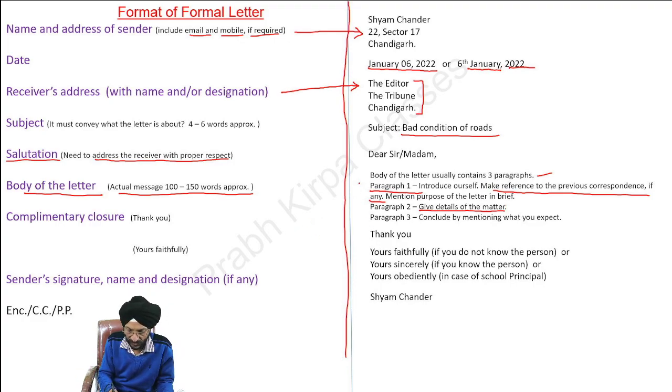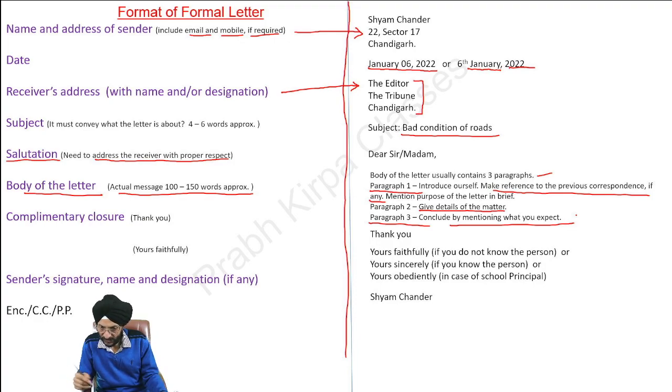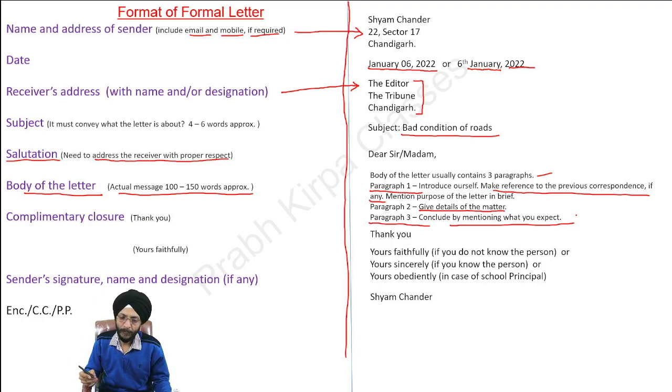And at the last of the letter, you may write the third paragraph, which is the conclusion, and you have to mention what you expect. I would request you to insert a suitable